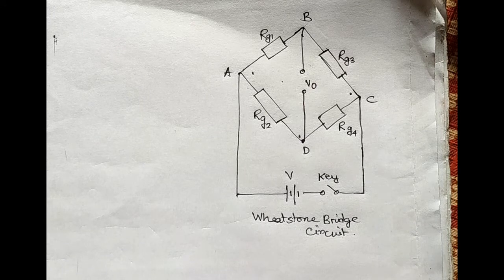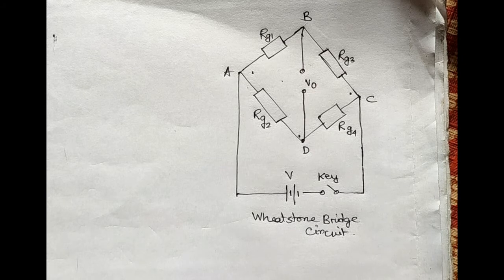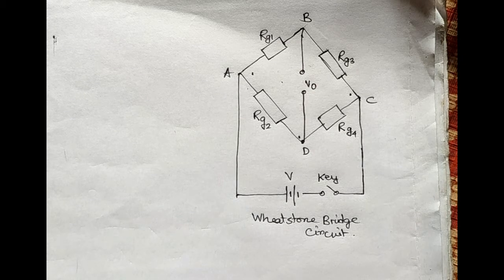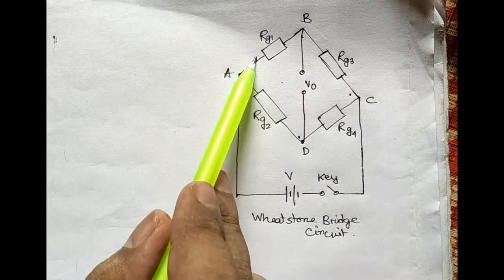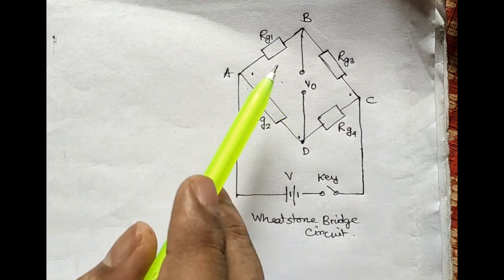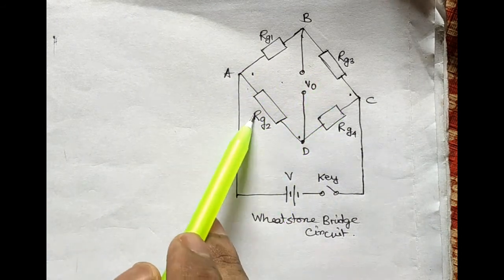So in this figure you can see a simple strain gauge load cell. It consists of the simple type of load cell that I have already described earlier: a steel cylinder on which 4 identical strain gauges are mounted. Now, if you see this Wheatstone bridge circuit, these are the 4 strain gauges that are mounted.